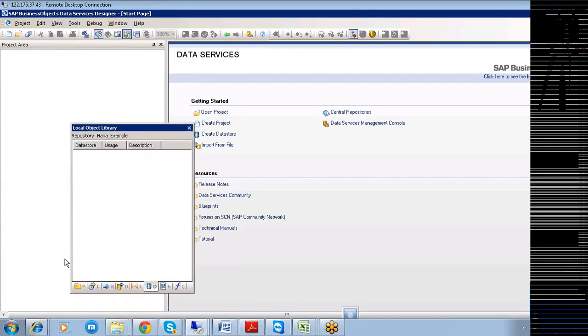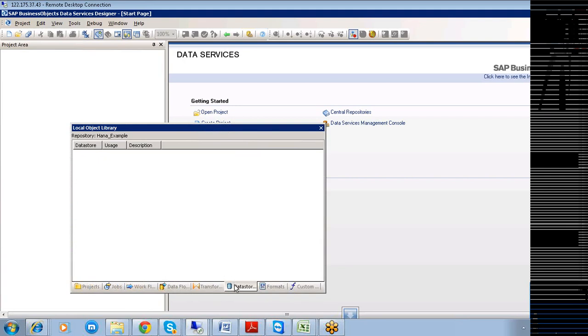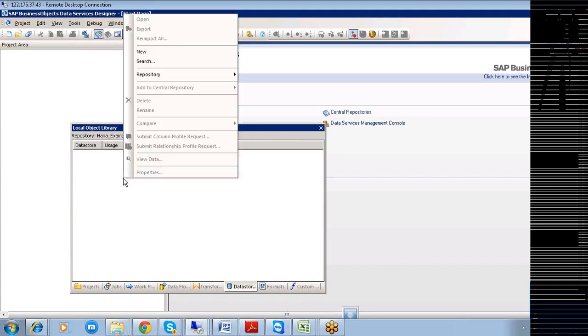Within this local object library, the first thing you need to do is find the Data Stores. In Data Stores, I want to right click, click New, and create a new datastore. I want to specify the name as HANA_ECC_example.